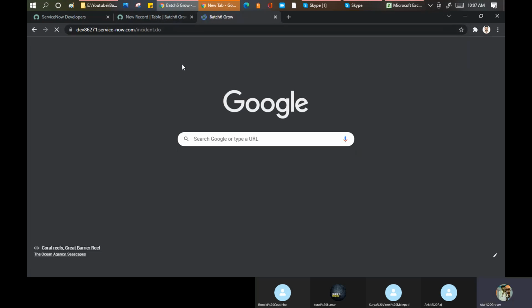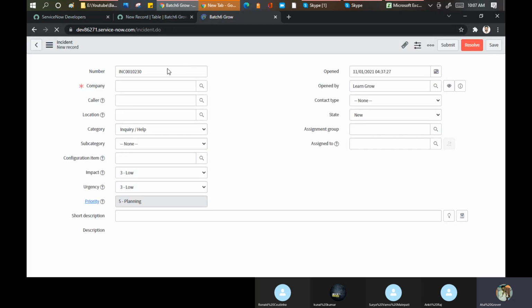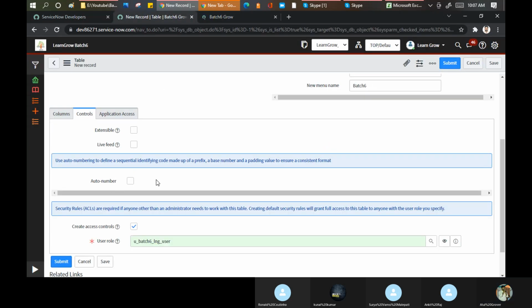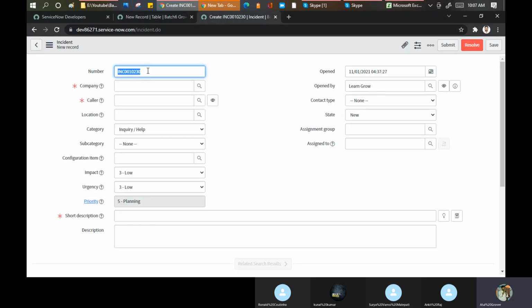Okay, now it's opening. So this thing is called the auto number. If you see this option here, auto number. Now you as a developer, if you want to make a change, you can change it in this complete area. You can define these 3 letters, and you can define this counting as well.